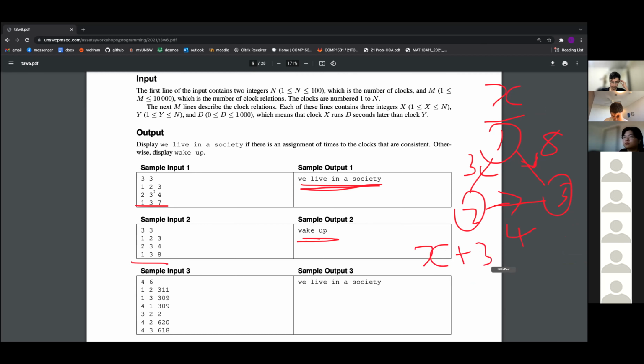And this one is forced to be X + 7 from that edge, because X + 3 + 4 is 7. But from that edge, it's forced to be X + 8. And so we have a contradiction. So this case was impossible. So we output that we can't do it.